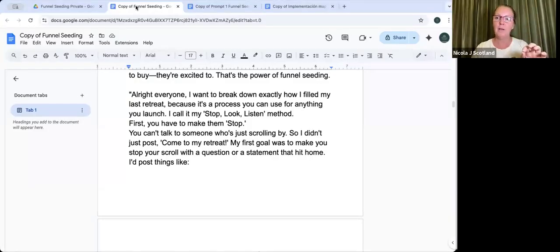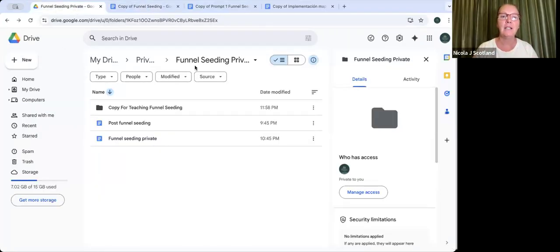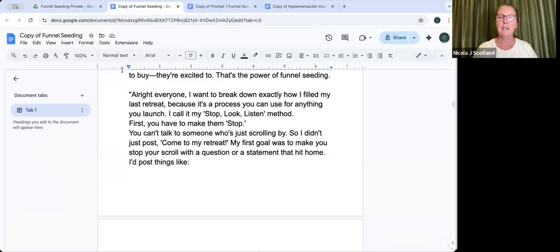But something really important, let me share this one more time. The reason I'm teaching from a copy is that it lives in my private folder, which is a password protected folder. So if I'm teaching something from a password protected folder and somebody copies or screen grabs that, they can never open this document. Does that make sense?